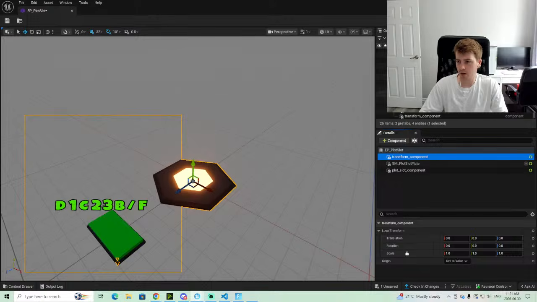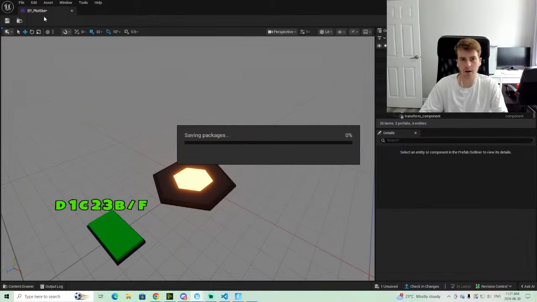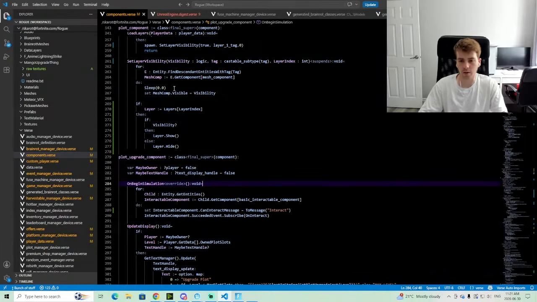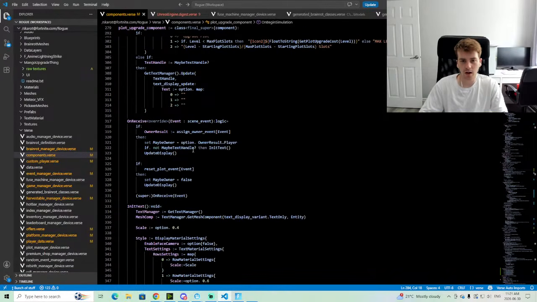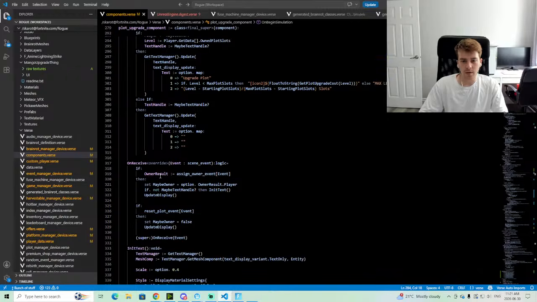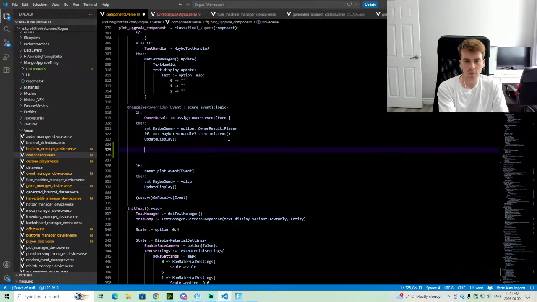Wherever that may be, in here, steal. Can interact message is steal by default, and then if you own the plot... Oh wait, no, this needs to go somewhere else. This needs to be happening in on receive owner result. This is where it needs to go. We'll need to go here and say like if